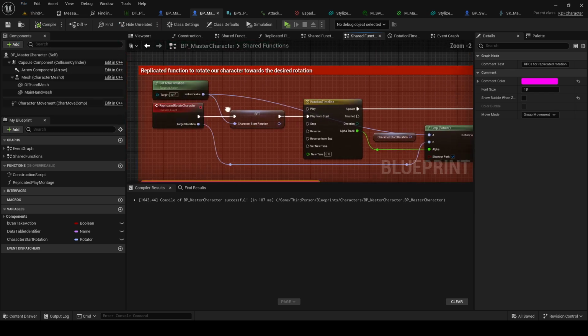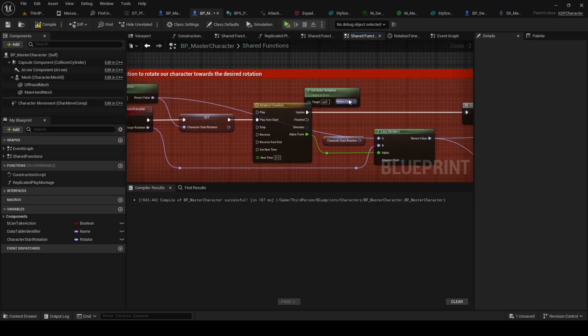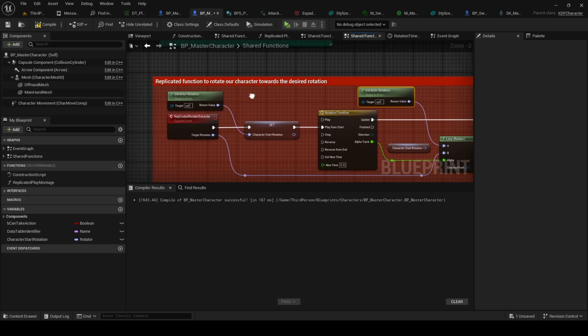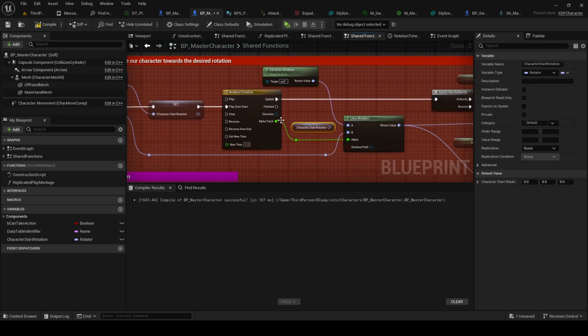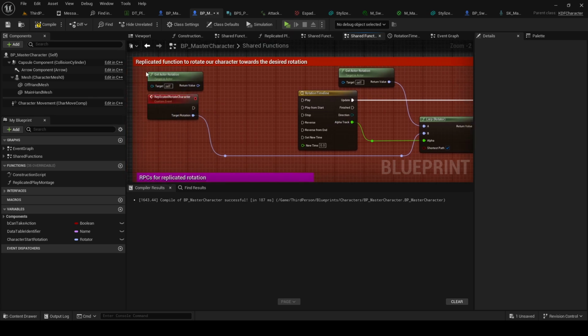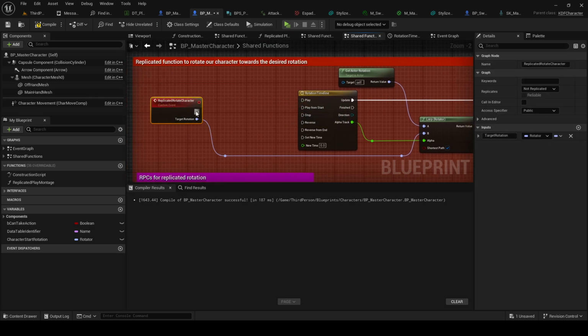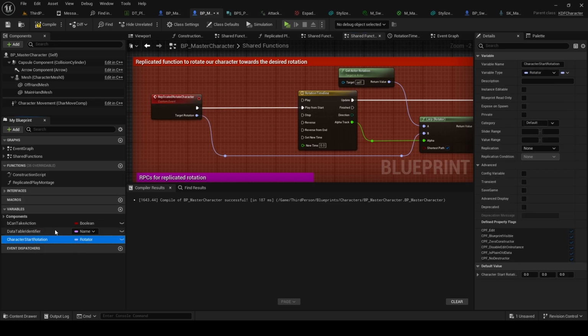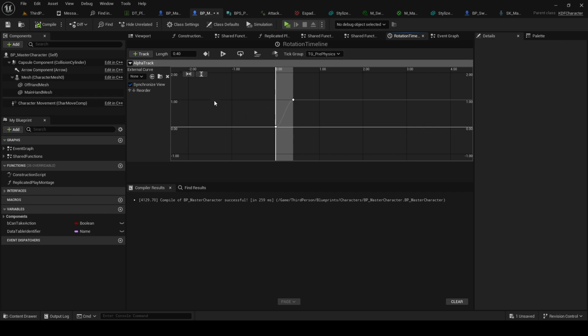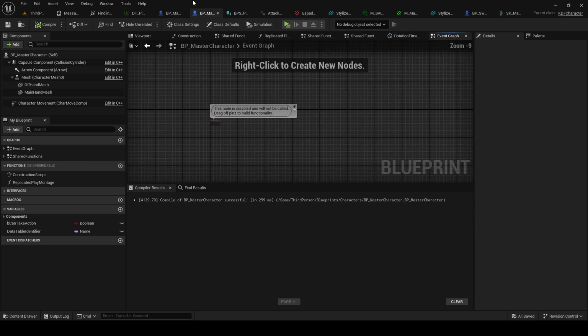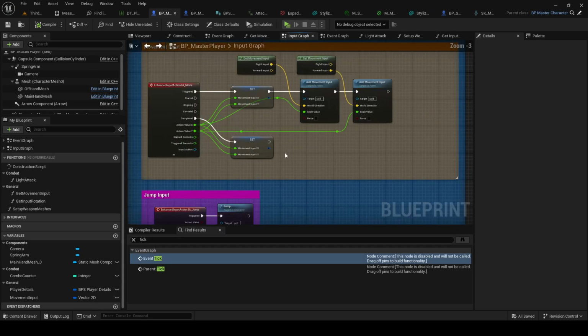Found some issues. So for starters, we can just plug the get actor rotation straight into the replicate rotate character. That saves as a variable, which makes no sense to have there. I also increased this timeline to 0.4, which makes it a little bit nicer. There was an issue with the